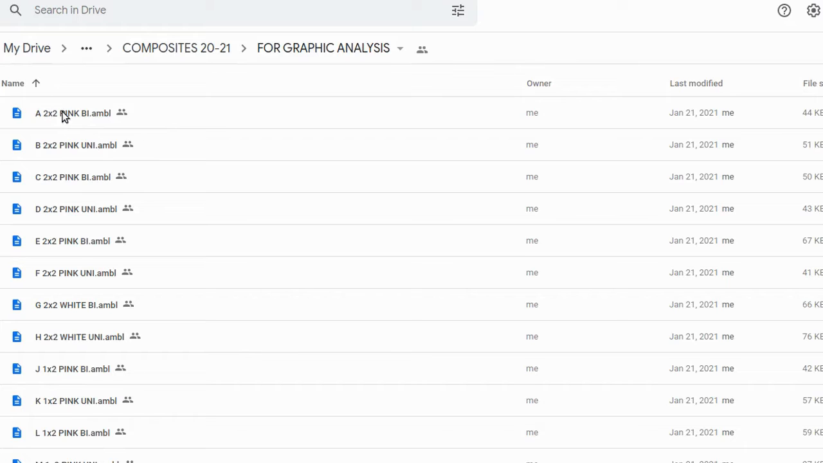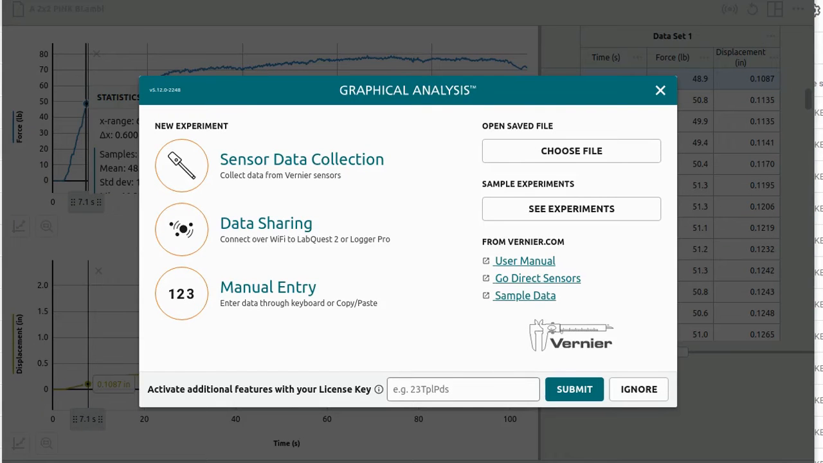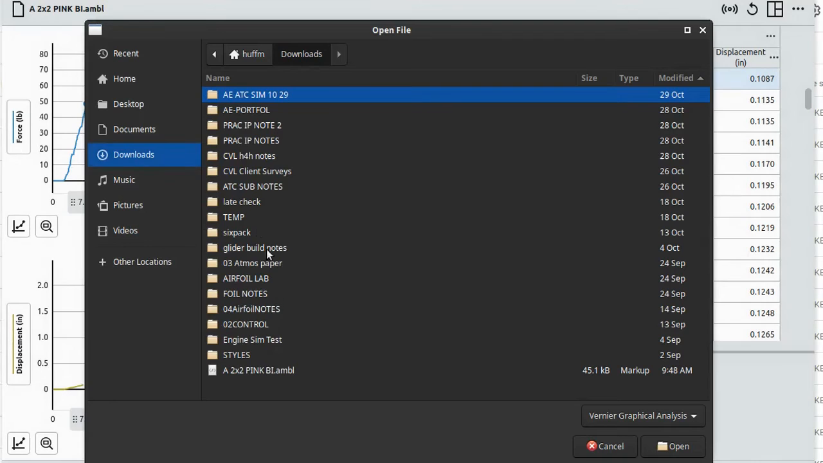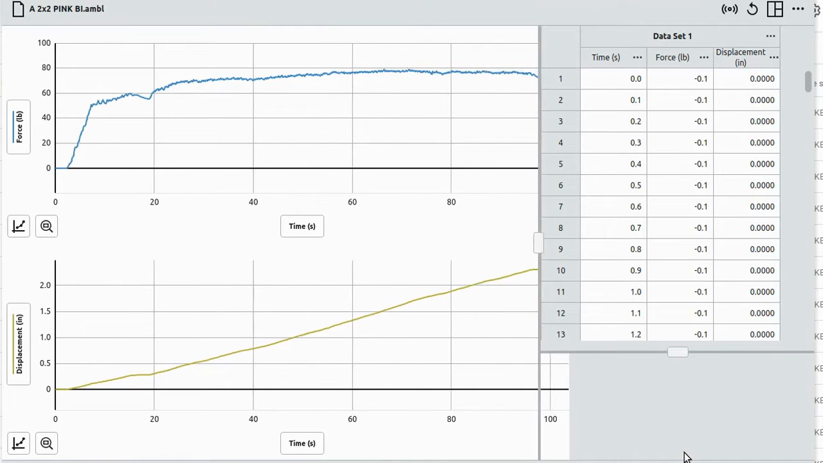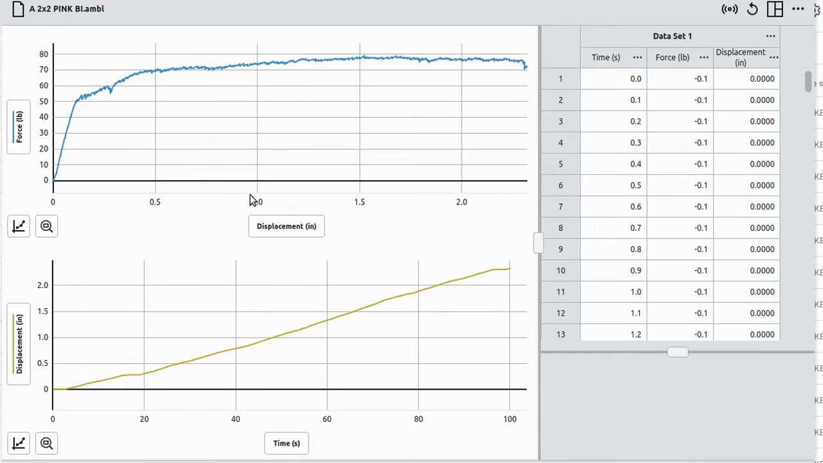So what I've done is I've downloaded last year's A sample, and we're going to go look at that under graphical analysis. I'm going to click choose file, and I don't want to save, and then I'm going to go to my downloads folder where I've already downloaded that sample A file. Click on open, and we can see it right here. One little change I want to make real quick before we start: instead of time, let's change this to displacement. Okay, it did make a little bit of a change, but this is really what we want to see